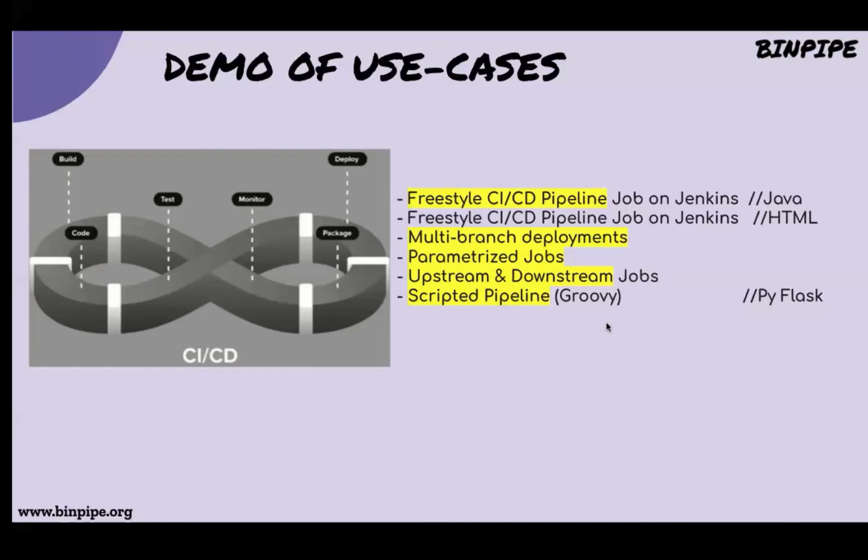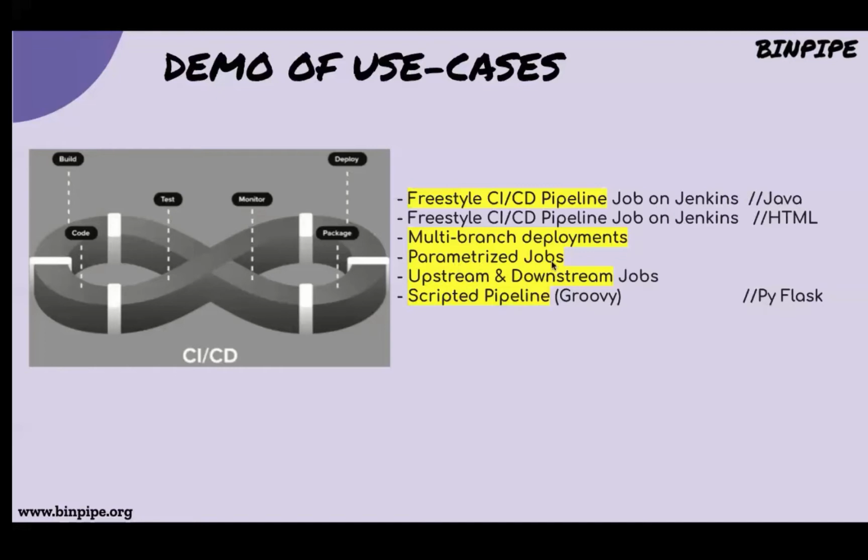And then we will try a scripted pipeline and a declarative pipeline example, which has some code in Python. Very simple code, because the code in the end doesn't matter, that will be taken care of by the development team. We only want to know what the style of deployment should be when the code is Python, or when the code is HTML, how to containerize that particular thing, and so on. So we'll be doing scripted and declarative for Python today, a Java pipeline, and if time permits, we